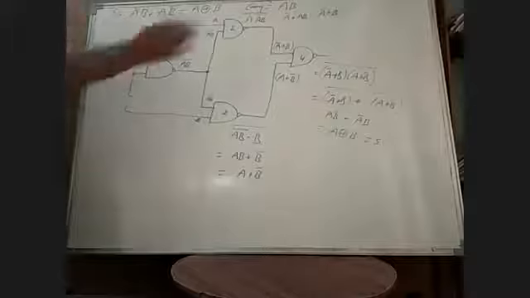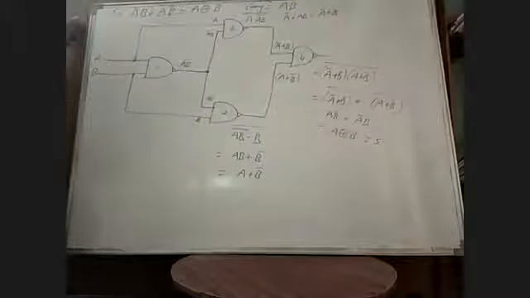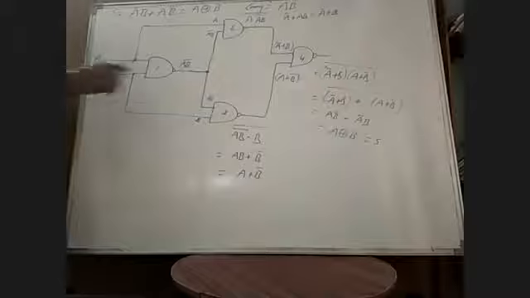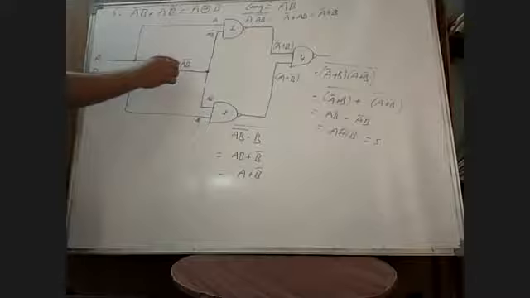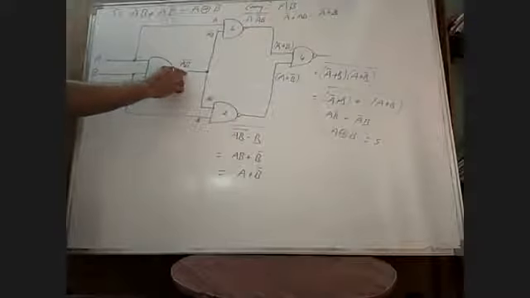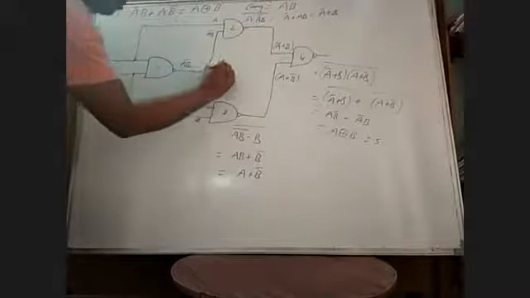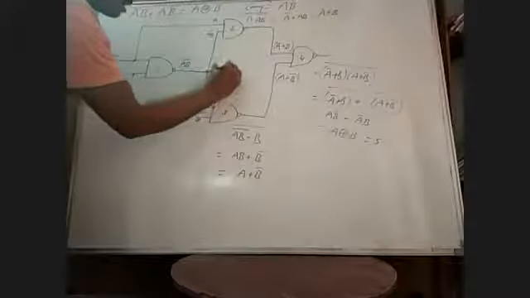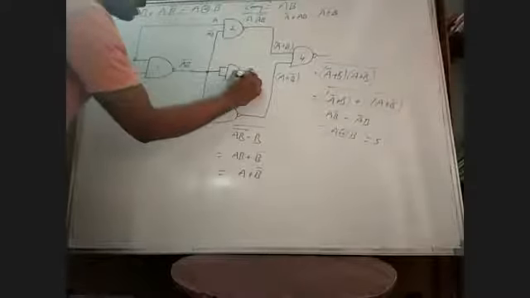Now we have to realize the carry. Sum is generated, now the carry. What is the carry? Carry equals A into B. We have A and B here, so we can directly generate A into B. We could take an AND gate from here, but our concept is to generate using NAND gates. Observe the output of NAND gate 1, AB whole bar. At this point, I am taking one more NAND gate as an inverter and generating the carry output. This is my carry.